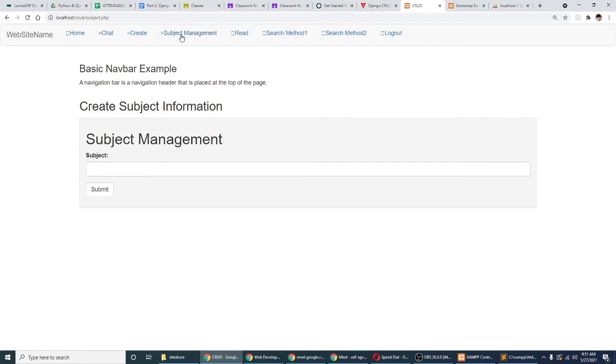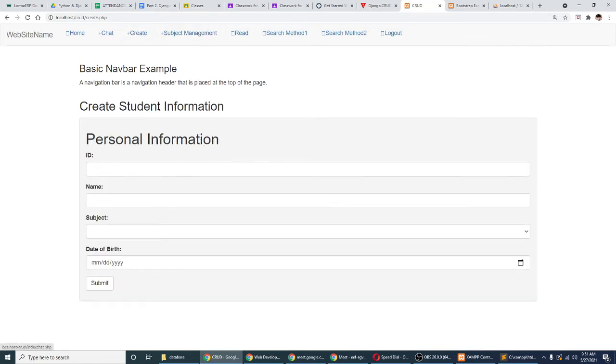There are a lot of systems that require a management. So for example, a subject management. So I need to add a subject. So for example, math. When we add math in our database, so basically it should be shown in this drop down subject. But then again,